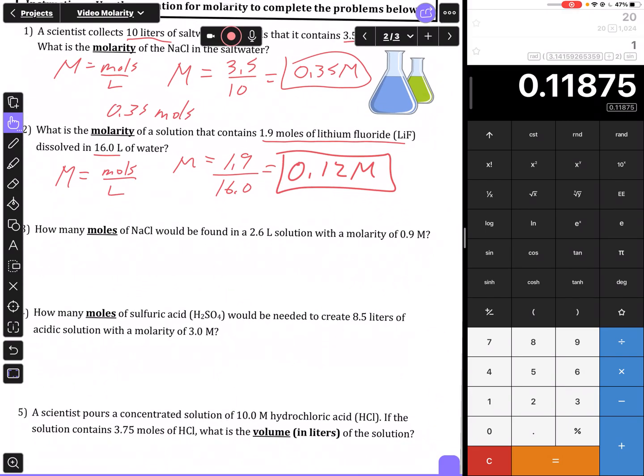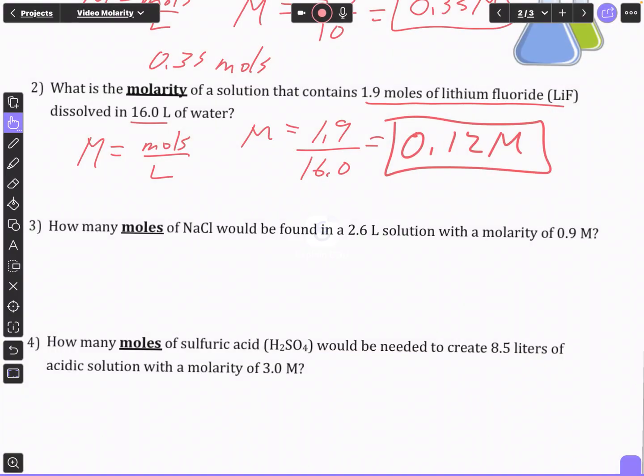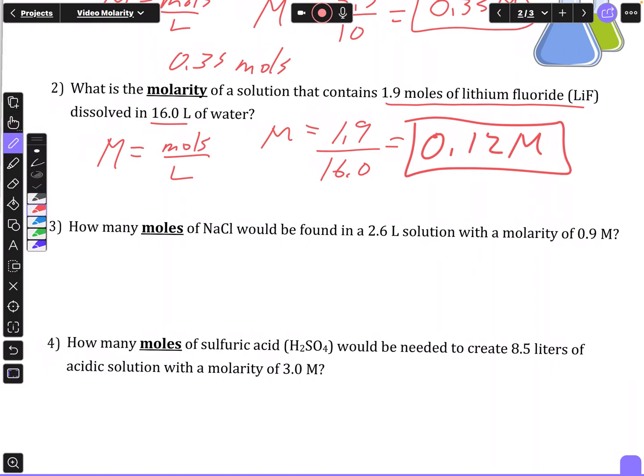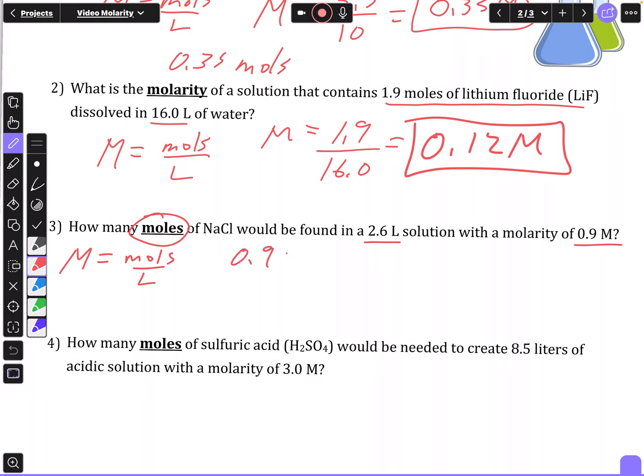Okay, my next problem is how many moles of NaCl will be found in 2.6 liters with a molarity of 0.9 molar. I'm looking for moles. In this case, again, I start with my equation. Molarity equals moles over liters. For molarity, it tells me that it's 0.9, and that's going to equal